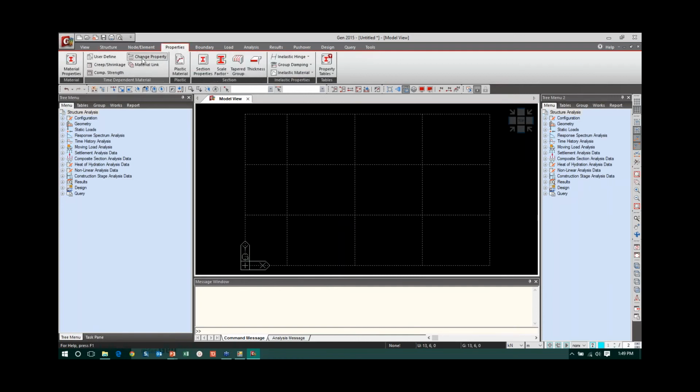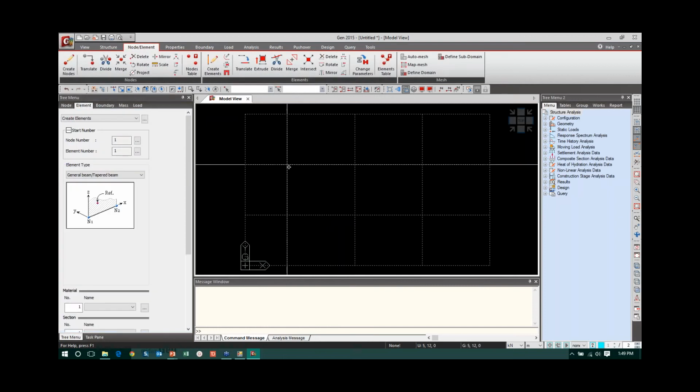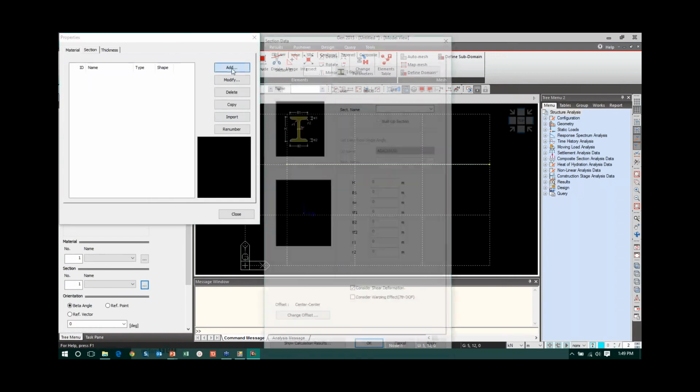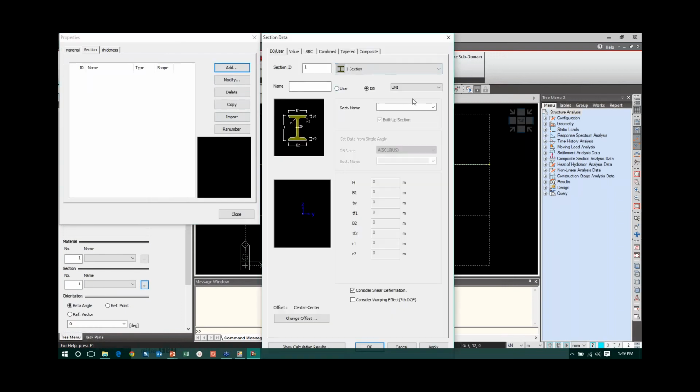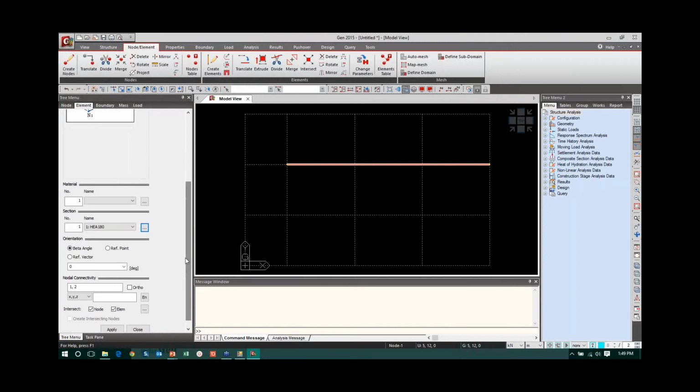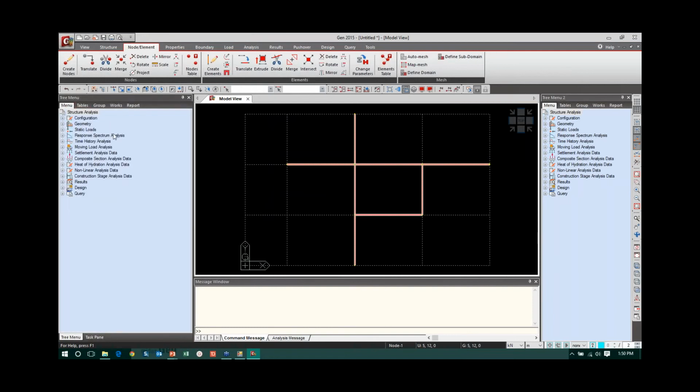Once the grid is there, again you can create the elements and boundaries and everything on the grid. Wherever you want, you can place the elements and create the sections on the grid. I selected the beam name, and then on the grid lines I was clicking on the grid line, just for generating my beams and all on the grid line. So this is one way of creating the model using the grids.